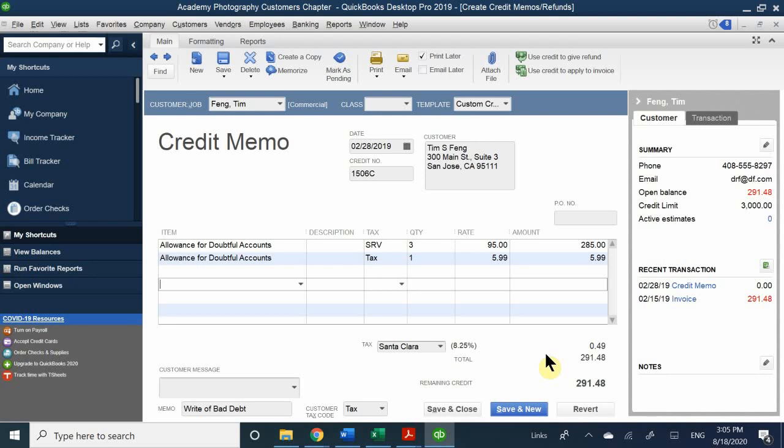Originally, when we were writing this off, we had one lump of 291.48 on line one, not separated. So my question was, should we separate them so that QuickBooks, working behind the scenes, can adjust our tax payable account? But right now it is adjusting your tax payable, because it's crediting him the tax